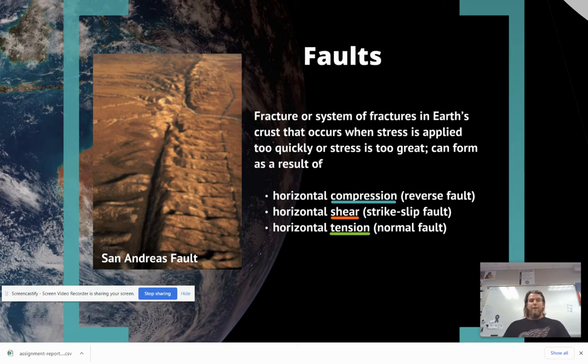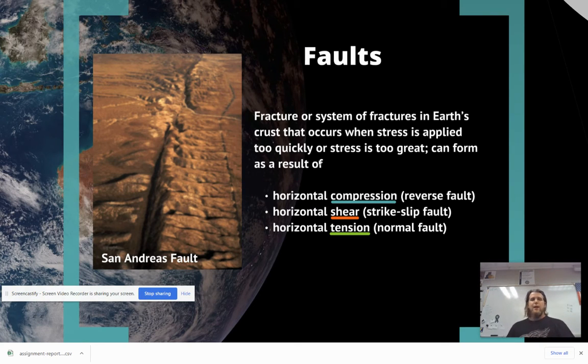And so we could have horizontal faults. And so if you add compression into the horizontality of it, so if they're coming together, you get what's called a reverse fault. And we're going to see examples of this. But a reverse fault is also a thrust fault, but it's when one block gets pushed up above the other. And then we also have what are called a shear horizontal stress, which is a strike slip fault. That's the